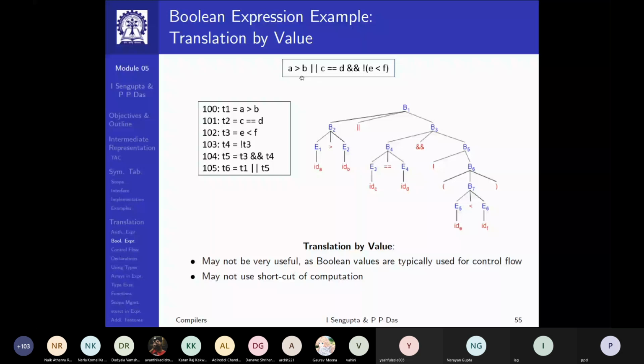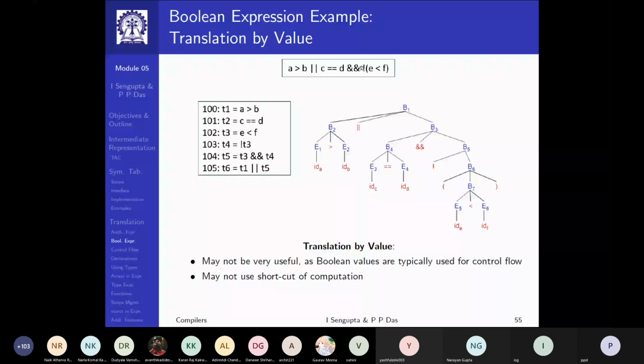For example, let's say you are checking A is greater than B. Now think, if A is indeed greater than B, if A greater than B is true, then do you need to do the rest of the expression? You have an or here. And by precedence, the negation has the highest precedence, so that will be negated, and then it will be ANDed, and then this or will happen.